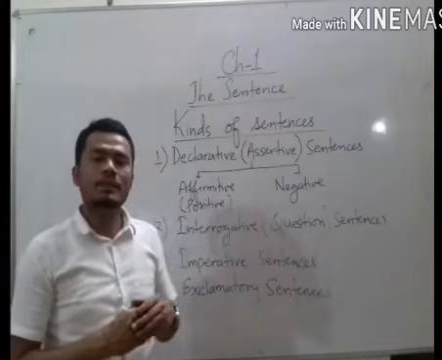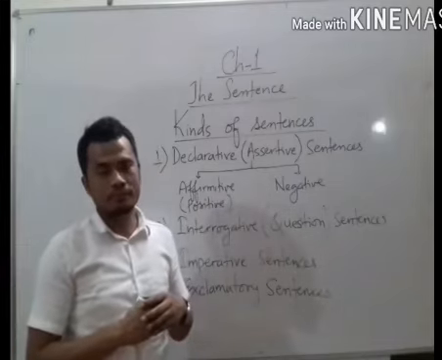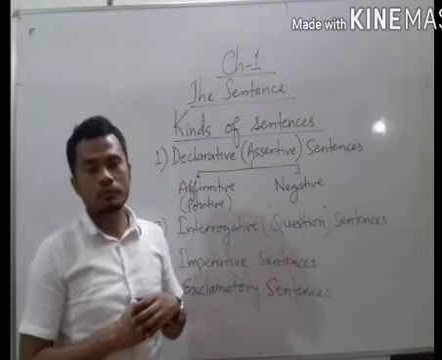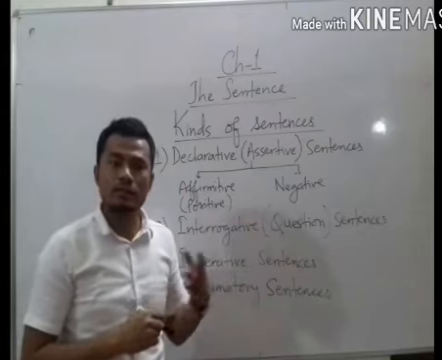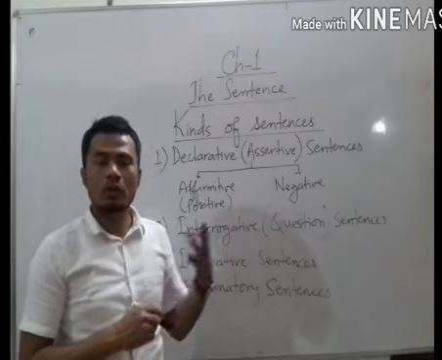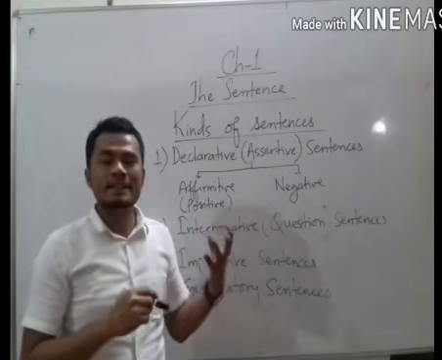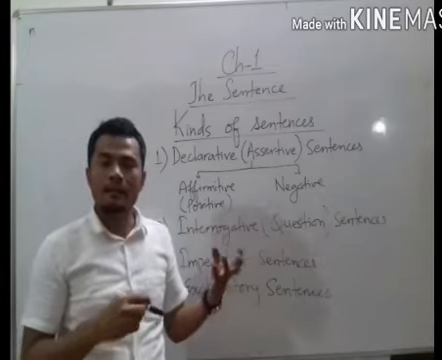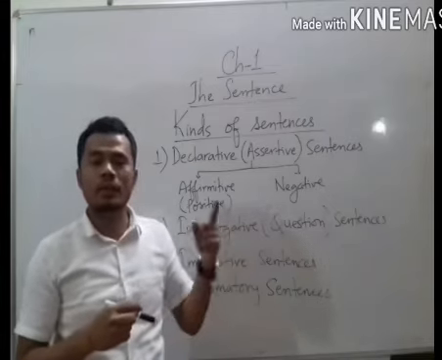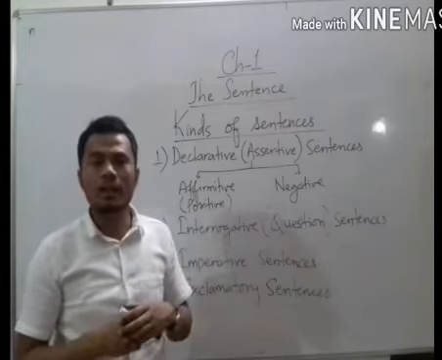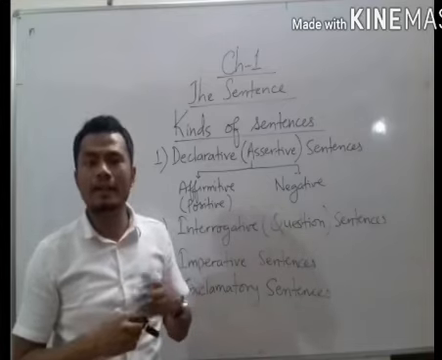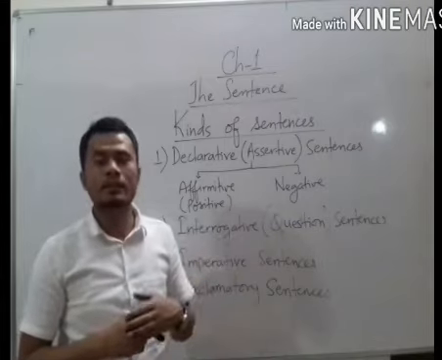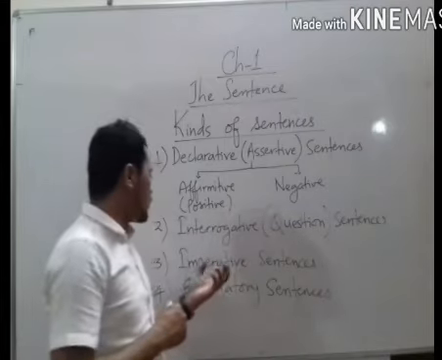For example, where is my mother? How old are you? Has he finished his job? All these sentences ask something that we have to answer, and all these sentences end with a question mark. So these are question sentences or interrogative sentences. And now come to